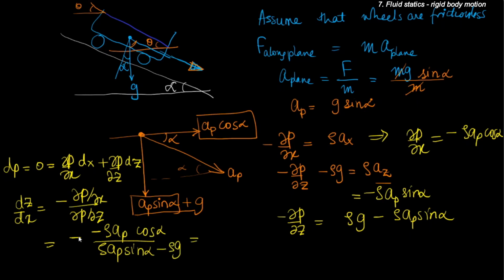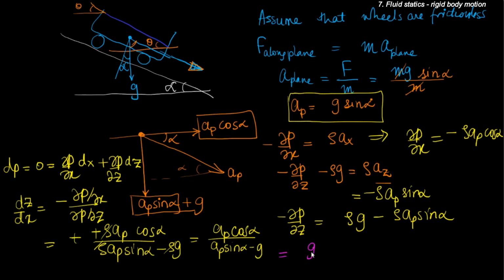So rho cancels from all the terms, and this minus minus becomes plus, so it is equal to ap cos alpha upon ap sin alpha minus g, and noting that ap is equal to g sin alpha, we can write this as g sin alpha cos alpha divided by g sin square alpha minus g. So essentially it becomes equal to sin alpha cos alpha divided by sin square alpha minus 1,